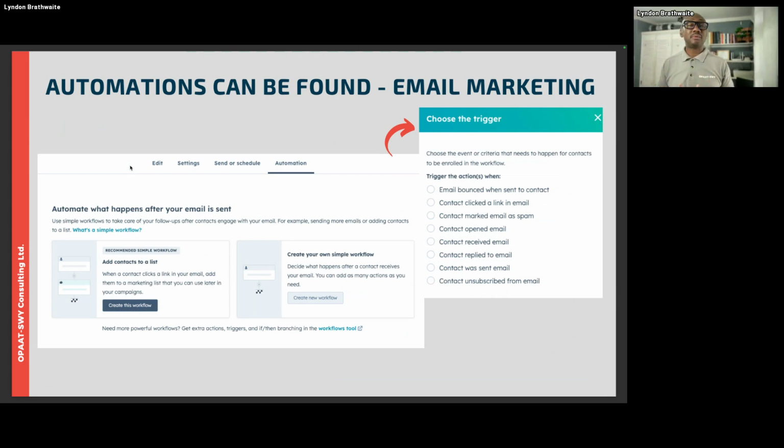Again, it just requires a little bit more thought, a little bit more time. But once you set this up the right way, you may have maybe 5 iterations of it, because you may start off with it being one way, and then eventually you recognize. So someone from your school visits the website, fills out a form.